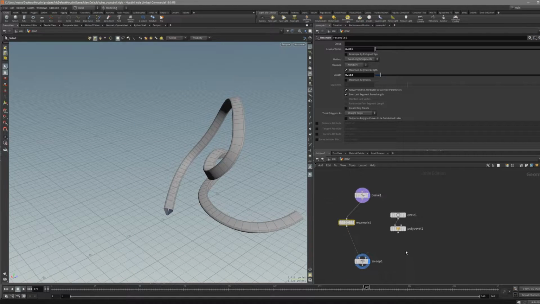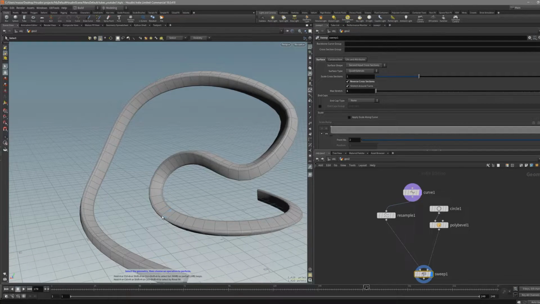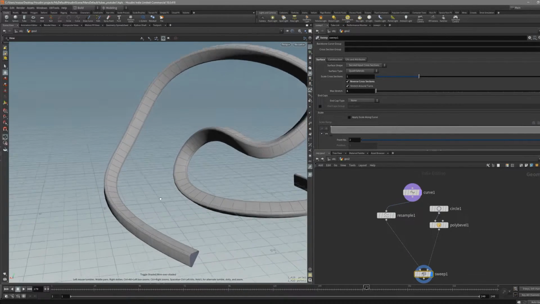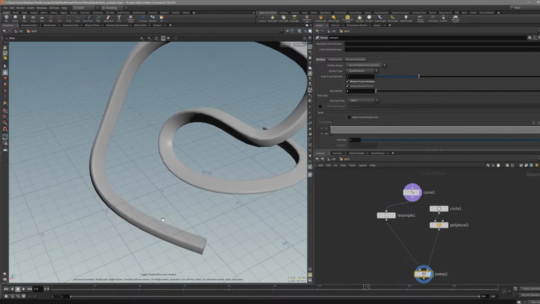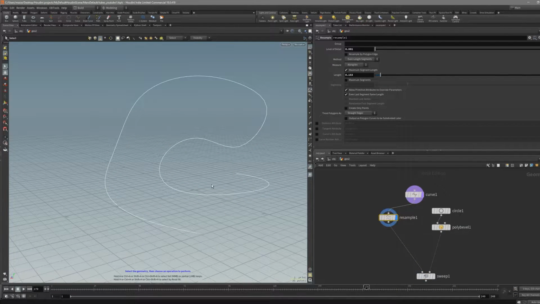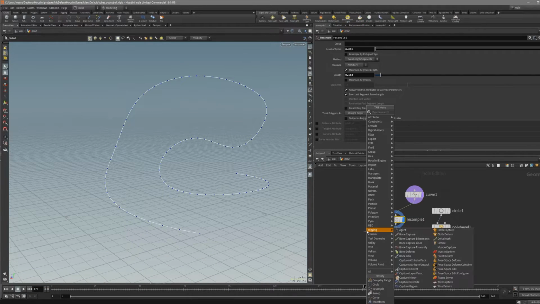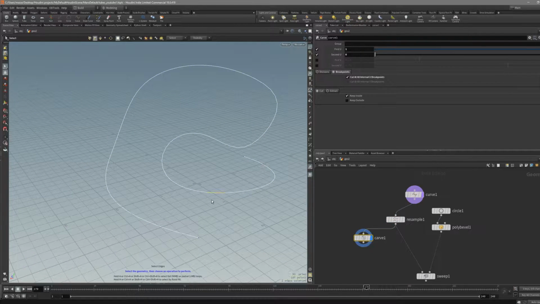Now let's take a look at something else. Let's say you want to create a tube where the thickness is changing, something like maybe every other second one is thicker than the rest of the shape. So that we can do pretty easily. Let's take for example this. Let's carve. This is basically going to slice up our